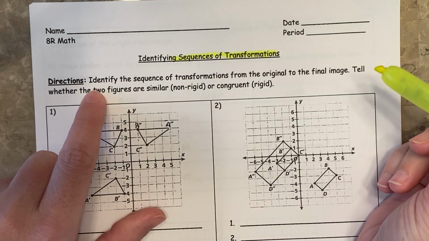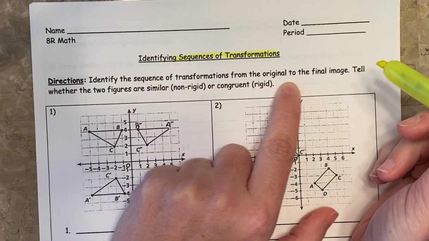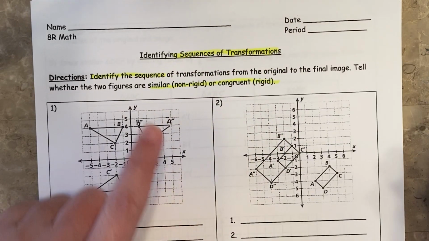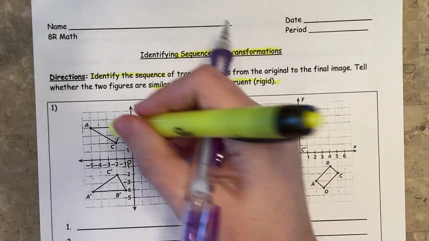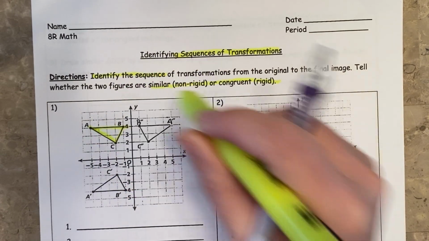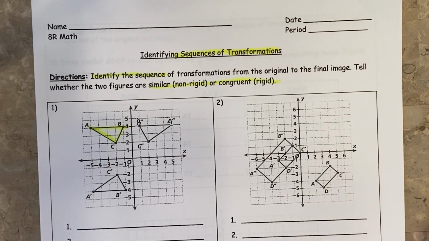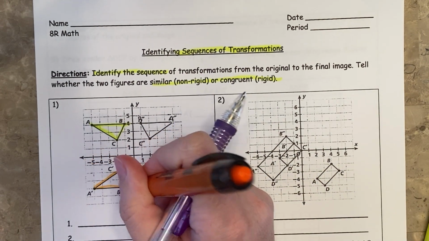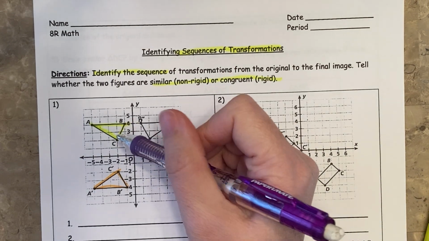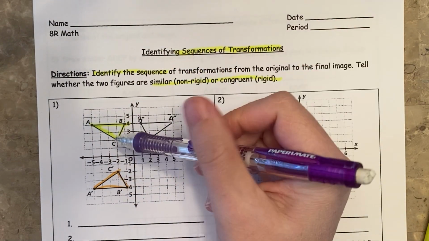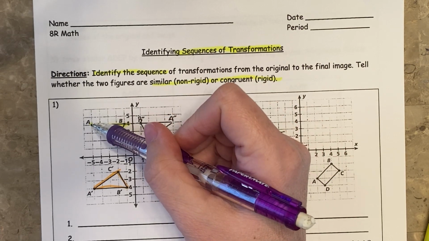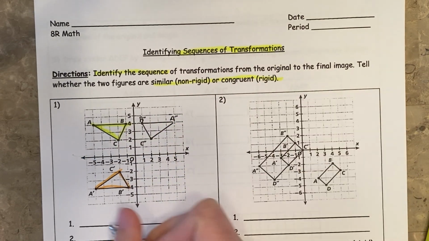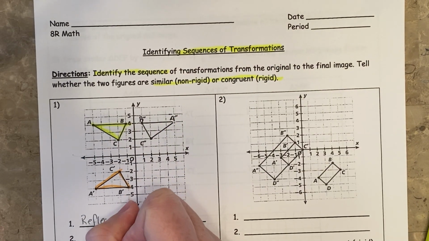Here we go. Directions: identify the sequence of transformations from the original to the final image. Tell whether, so we're going to identify the sequence, and then we're going to use those words rigid or non-rigid. So this is our original right there. I know it's original because it doesn't have any primes on it at all. And then this one right here is my first image. It has the primes. So if you notice, same shape, same size, so dilation's out, and these face in opposite directions. Here the A is up on top, and here it's on the bottom. So this is a reflection, reflected over this line. So number one is going to be reflection